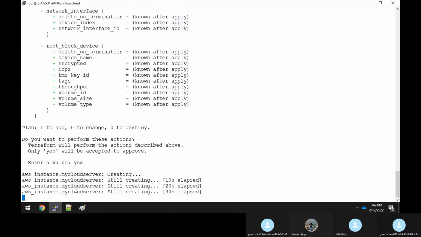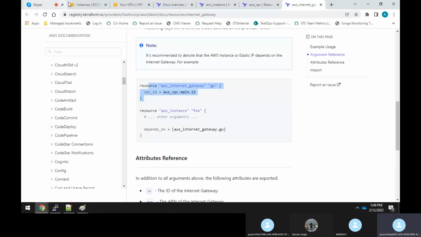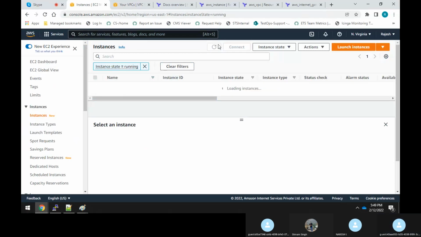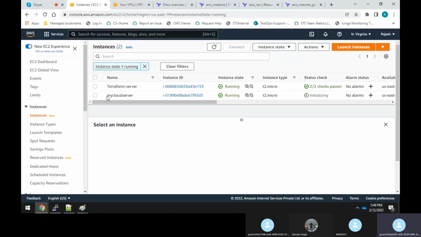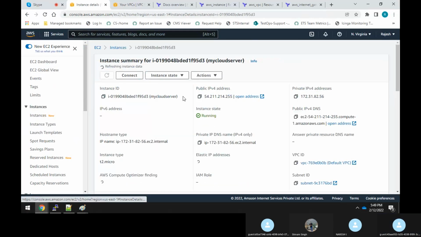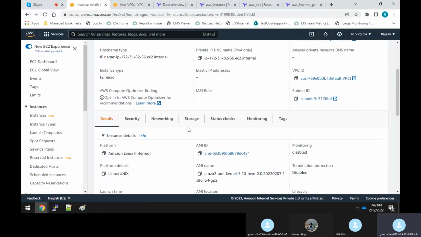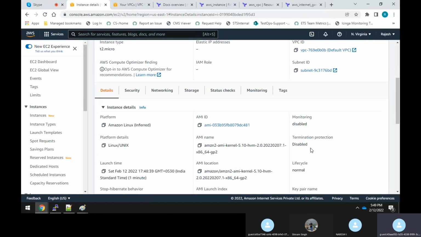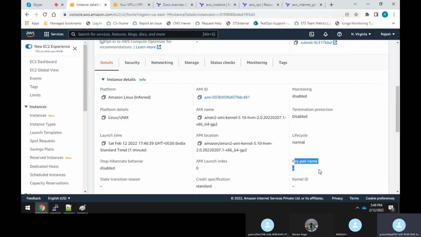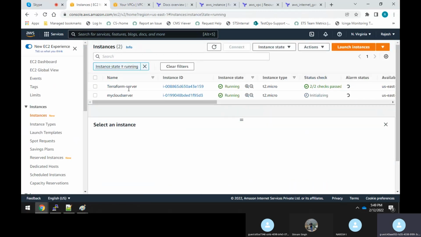Okay, sir. So it's created. I'll go back here and I'll go to the instance and I'll just check it out. So we have got one EC2 machine with the name my cloud server. Fine, right? If I click on this instance ID, come down here, and see the details info, see the key pair, nothing is there, sir. But if you go back to the other instance, like for example, which I created,